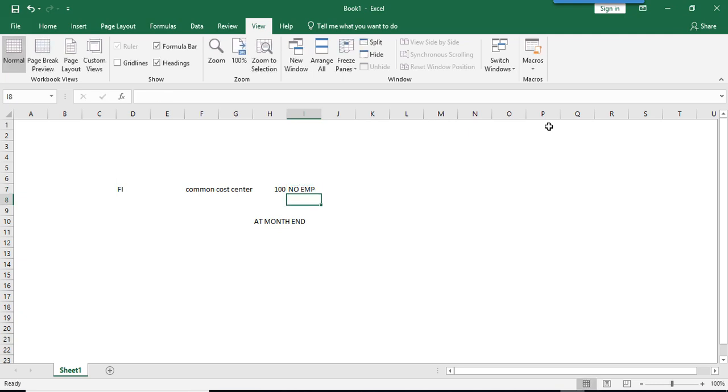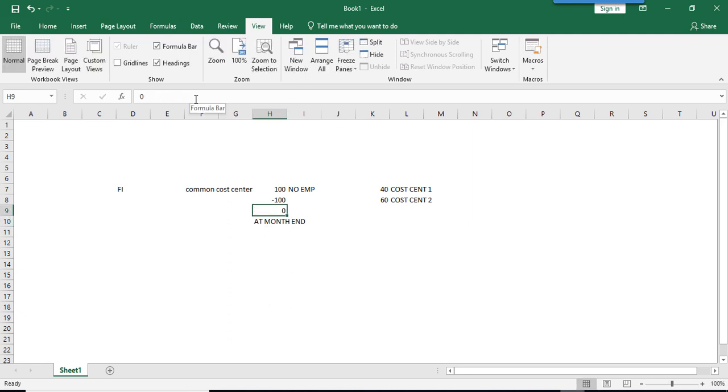Let us take there are two other cost centers here, cost center 1, cost center 2. This common cost center, we have to transfer this 100 in the ratio of 40, 60. So what we will do, we will assess this 100 and it will become 0.